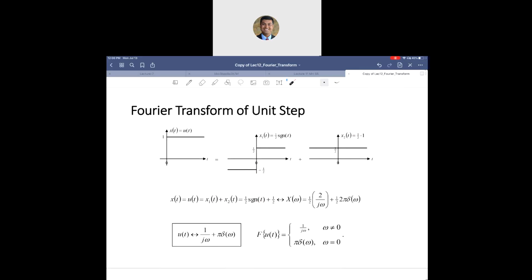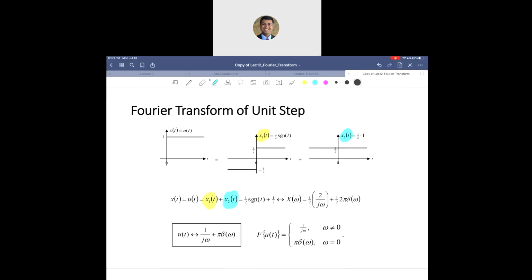So I am doing something unfair here. What is that? I'm using the linearity property of Fourier transform that I have not yet proved and talked about. I will do that later on, but that's what I'm using right now. Similar to how we had linearity in Fourier series, there will be a linearity property for Fourier transform as well. So if I can express x of t as the sum of two signals x1 and x2, this guy is x1, this guy is x2,